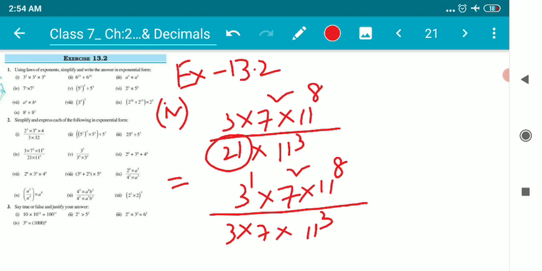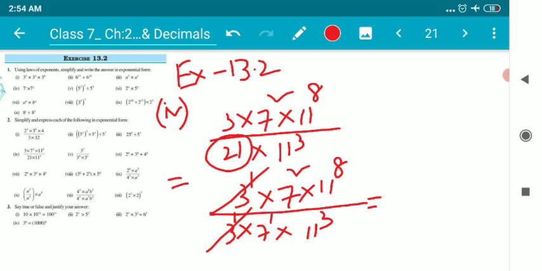So children, 3 can be written as 3 to the power 1. We know if there is nothing as a power, we can write 1. Then 7 means 7 to the power 1 only. That's all. 3 to the power 1 and 3 to the power 1, I'll just simply cancel them out. Children, now we know the relation of division of same bases in exponential numbers. When we have the same bases and the numbers are in the relation of division, the powers get subtracted.